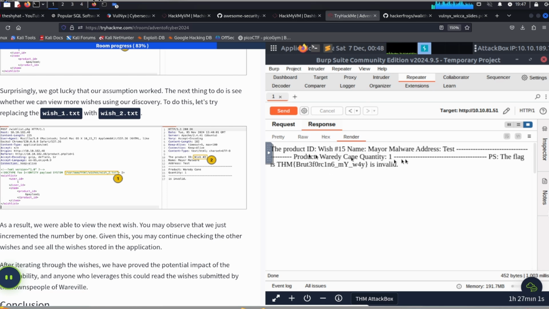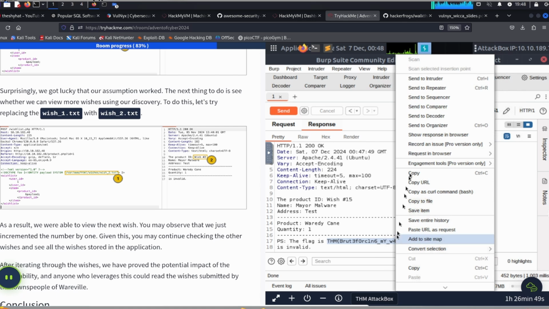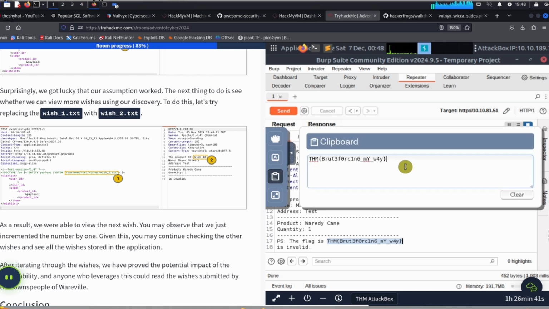So when we use the web browser view, we actually can't highlight anything. So we're just going to go back to the pretty view over here, and then we're going to copy the flag. So just copy the flag, and then go over to this button over here, and go to the clipboard, and then highlight this over here, THM brute forcing my way, copy it,